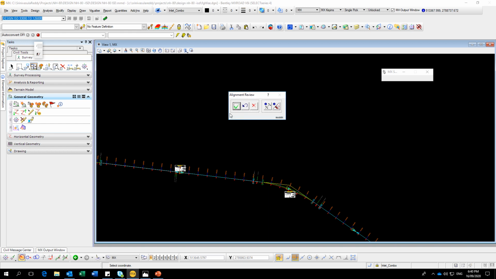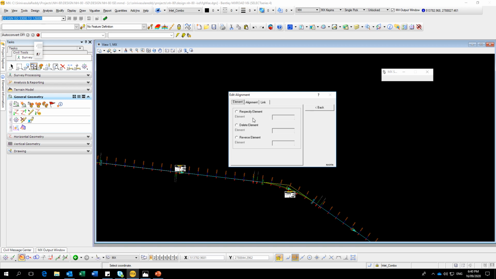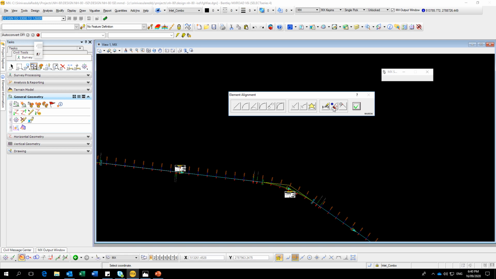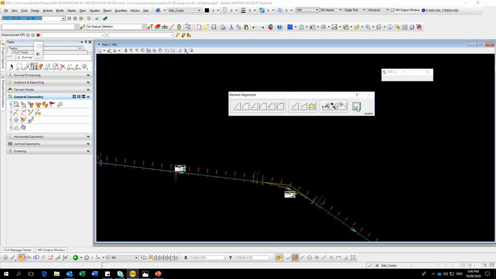Next, that's it. Okay, see, if you want to edit you can explore these options. If you want to delete an element, meaning the straight portion, or a link, meaning the curve or whatever link you have created. Okay, back. Now I think it's over. And parameters, I am also not aware. Okay, next, this alignment.